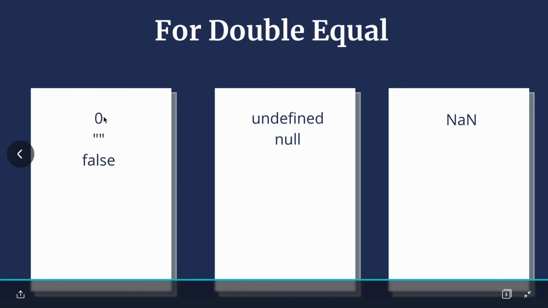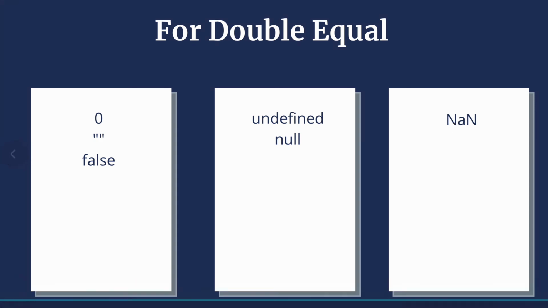But they allow intra-house interchangeability. Like a number value can be converted into a string and a string can get converted into boolean when you are comparing using double equal to. Similarly, undefined and null can be interchanged. But the thing about NaN is it is not even equal to itself. So these are the things we need to remember. And now if we compare, we will be able to predict the output very easily.